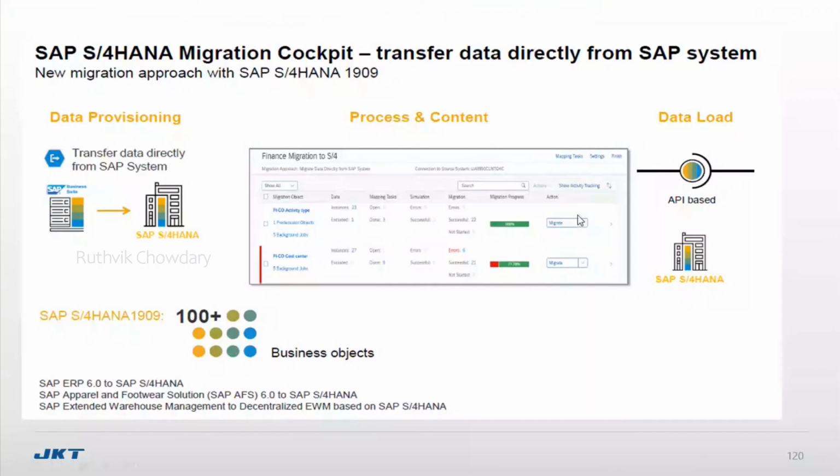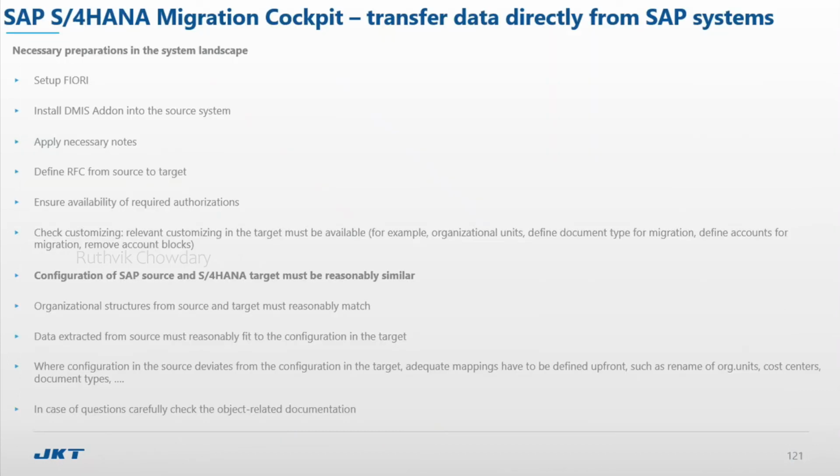Okay. So in the version of 1909, the new functionality is transfer data by using direct transfer functionality. So how is this particular direct transfer option used, for example? First, this direct transfer option in 1909 will be working only for fashion and retail. For that, we need to set up a Fiori app. In that particular Fiori app only, the migration cockpit will be there in the 1909 version.